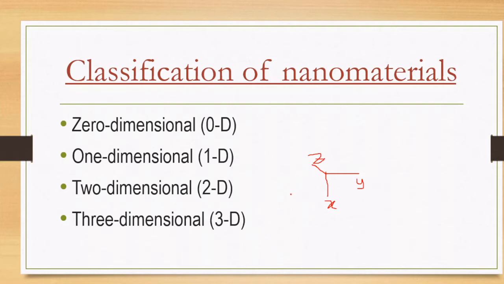Macro scale is the scale which is beyond the nanoscale. Okay, so the classifications are based on those two scales, macro scale and nanoscale. Okay,